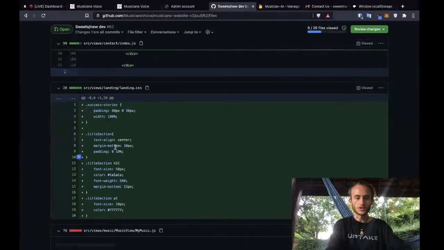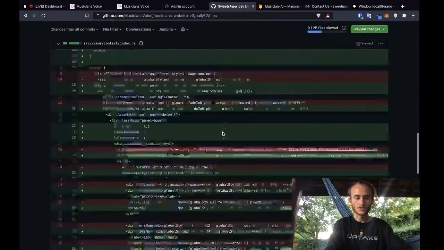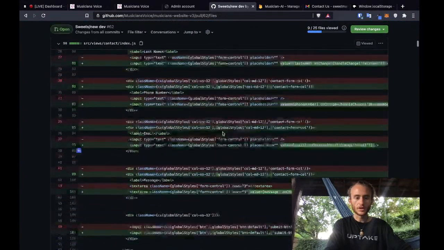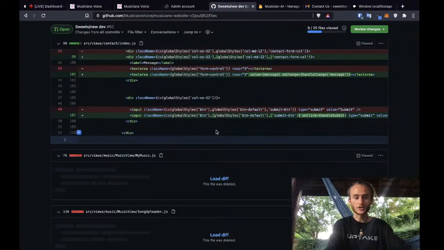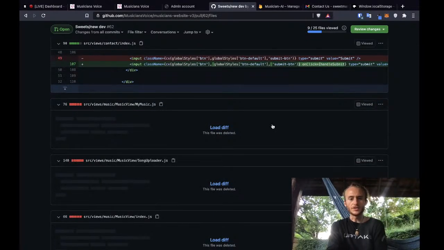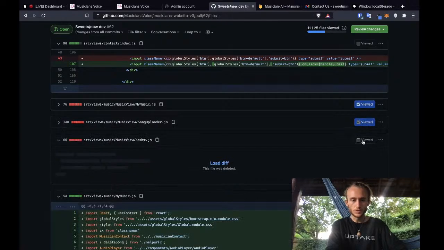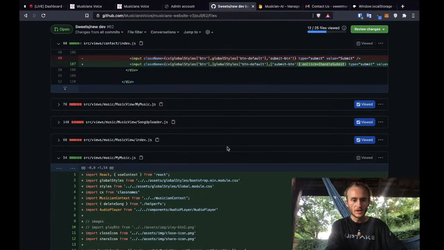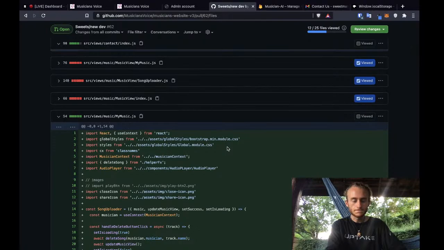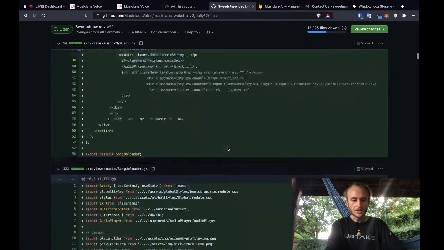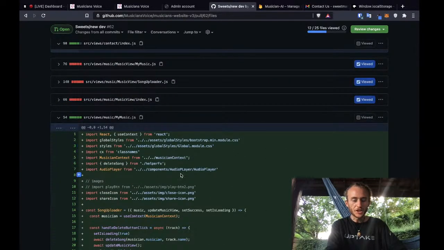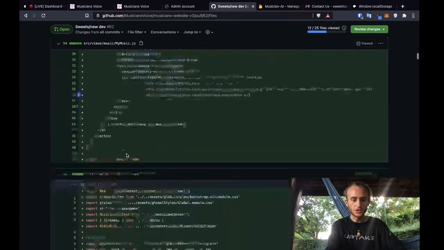Alright, now that that's pushed, let's try to speed up these changes a little bit. We've only reviewed 9 files of 26, so there's still quite a lot more to go. Well, now we're down to 25 files, which is great. These are all just refactors. We removed everything in the music view, and then, actually, I have no idea what changes were made here